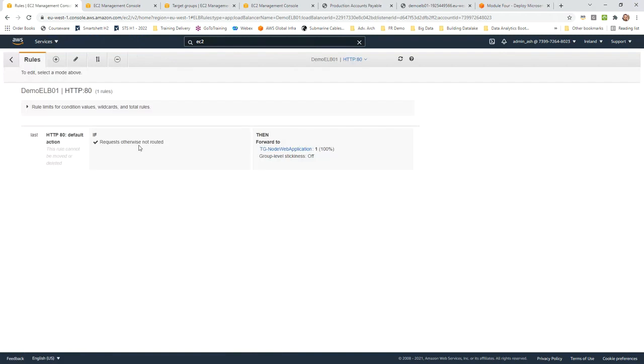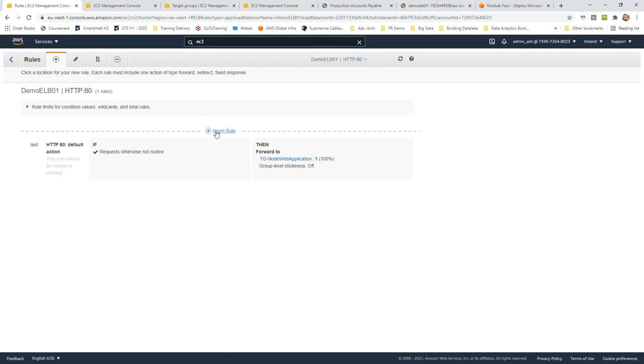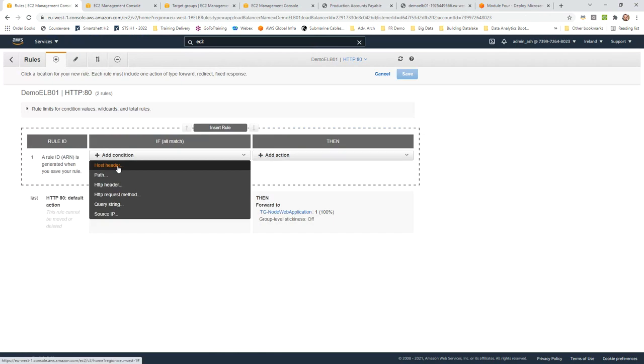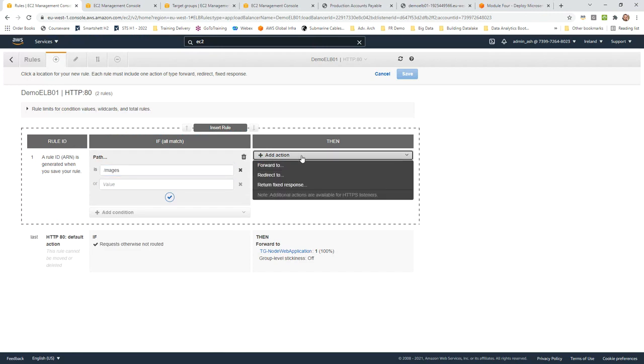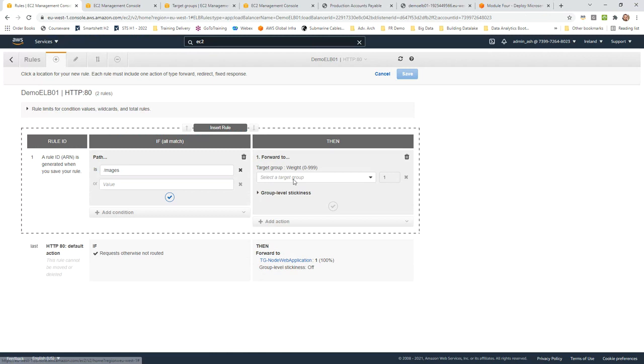See, this is edit rules, and here I'm saying, all right, I want to add one more rule. When the request comes with a condition, let's say it is asking for /images, then I should forward it to a different target group. When the request comes for something else, forward it somewhere else. All those possibilities are there, where I can have multiple targets, and based on the request header, see what options we have.